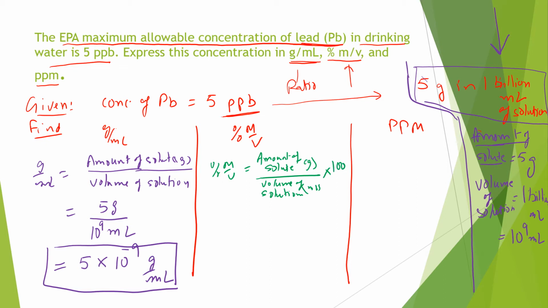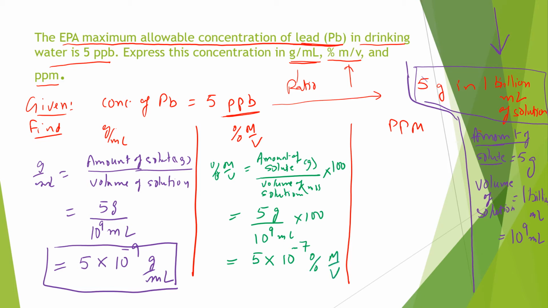That will give us the percent mass over volume. So again, the mass of solute is 5 grams and the volume is 10 to the 9 ml, multiplied by 100, and this will give us a value of 5 times 10 to the negative 7 percent